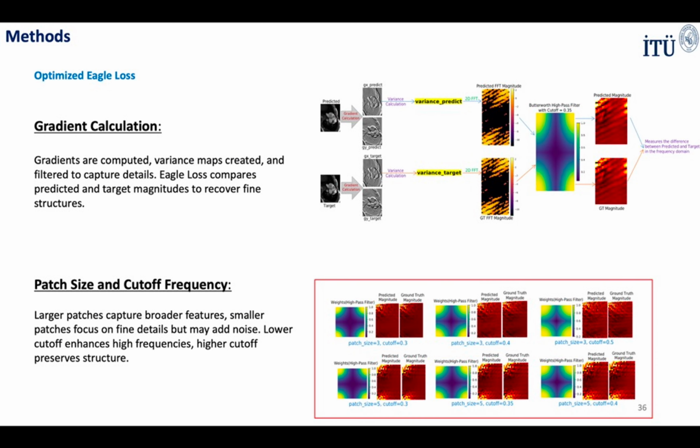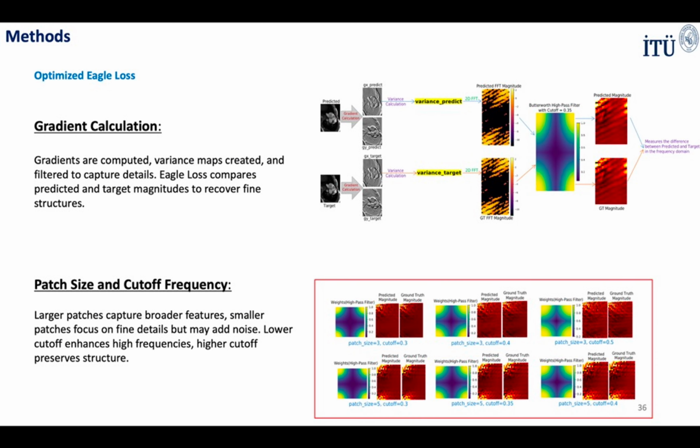In this work, additional optimizations were introduced for patch size and cutoff frequency. Smaller patch sizes, for example 3, enhance finer details, but at the risk of amplifying noise. Larger patches, for example 5, capture mid-level frequencies, ensuring a balance between noise reduction and detail preservation. The cutoff frequency of the filter was optimized to 0.35 for this method. Lower cutoffs, for example 0.3, emphasize fine details, while higher cutoffs, for example 0.4 or 0.5, are more focused on preserving structural